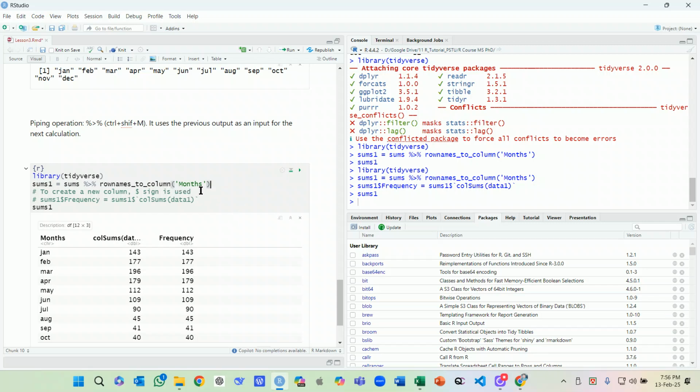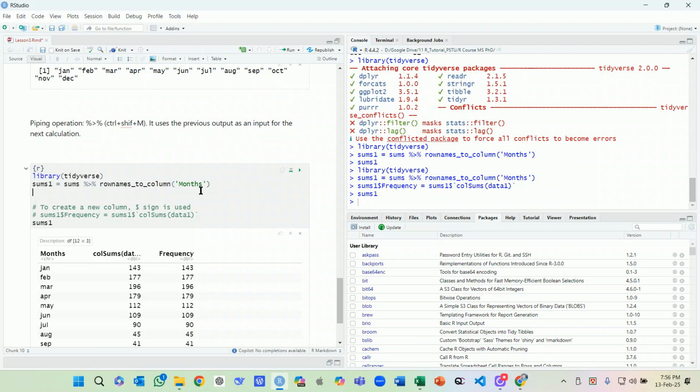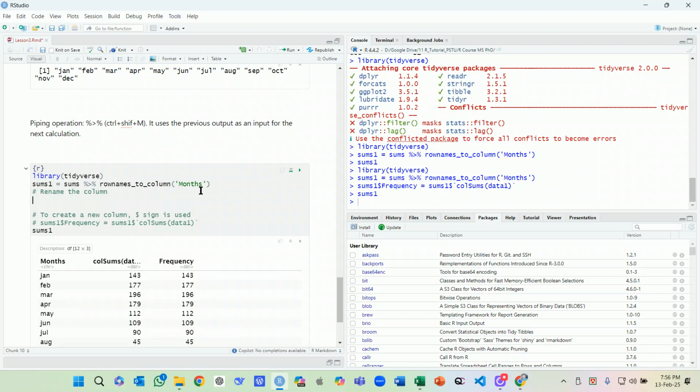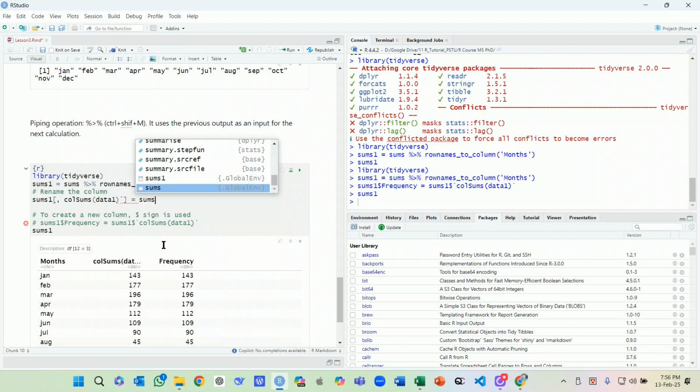But if we want to rename the column, we need to use a rename function. We can also do this like sums1. So it has the column names. This is the name. We want to change this as sums1